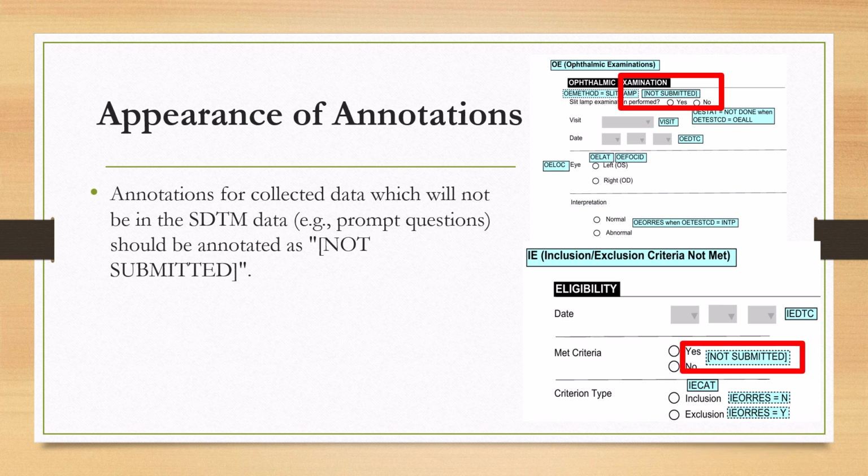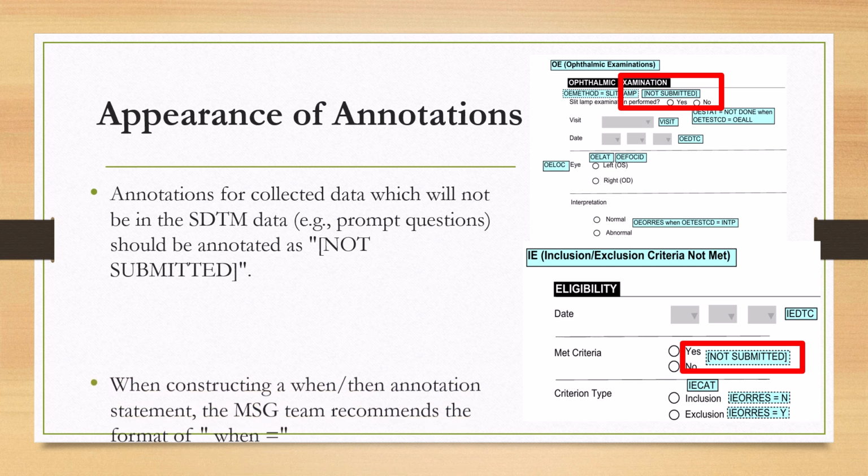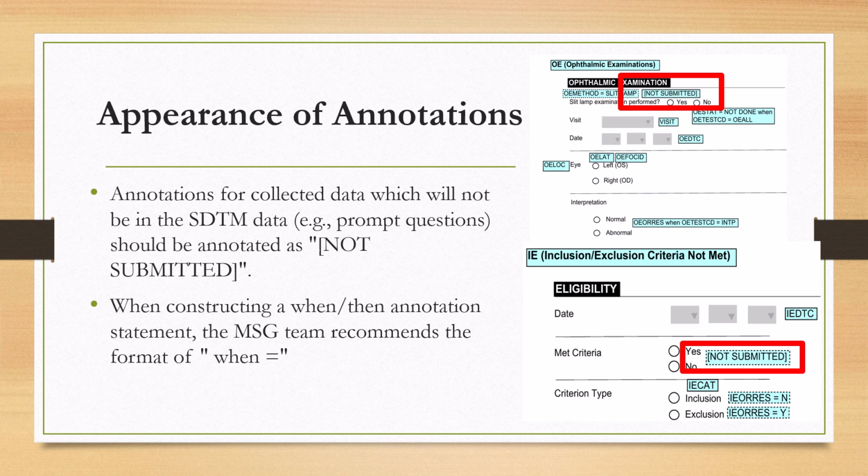Same is the case with the I domain here, where the I form will be enabled only when the met criteria question is being answered as yes, yes or no. When constructing a when-then annotation statement, the MSG team recommends the format of when equal to. What does that mean? Let's see in this example where the interpretation of normal or abnormal is being annotated to